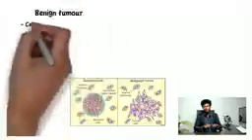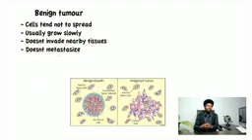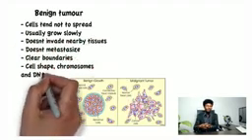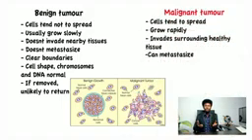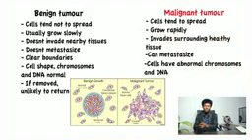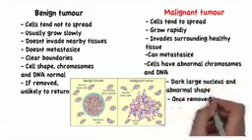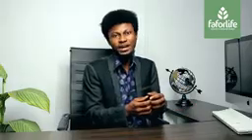Now when we talk about the benign, these are not so wicked. They are not really cancerous, because the malignant ones are the cancerous ones. Benign could be the prostate, where we call it benign prostate enlargement. It could be fibroid. Now when it comes to the malignant, we have breast cancers and all of that.